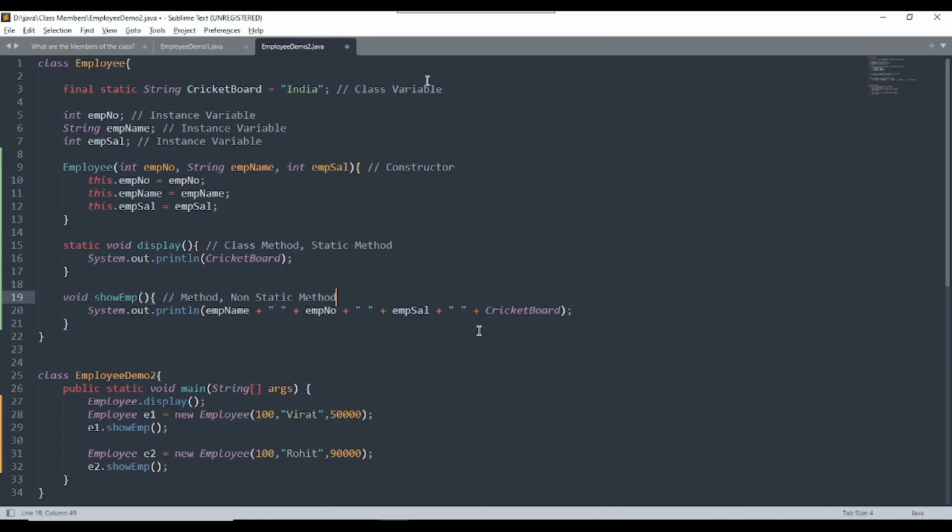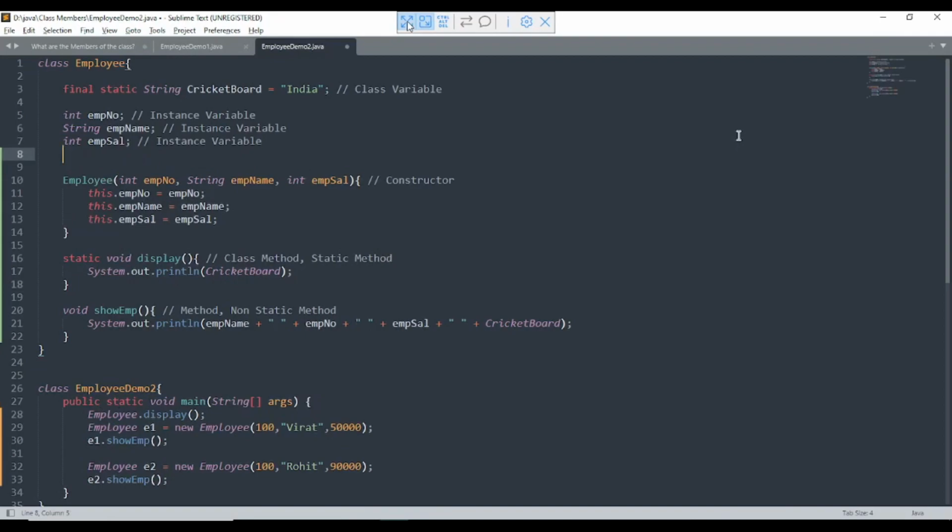So to call the display method, you do not need to create an object because it is a static method. You can call the static method by using the class name and a dot operator, as we have called in line number 27. So here we have discussed a class variable, instance variable, constructor, static method, non-static method and object. Now we are moving further ahead.